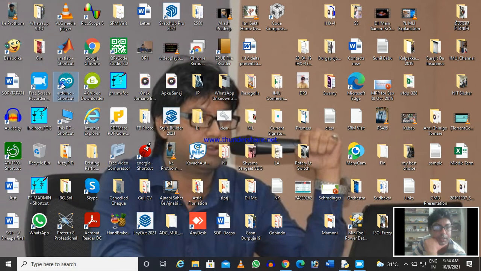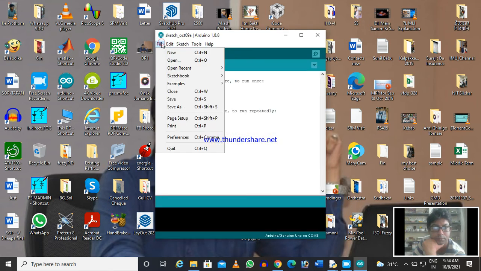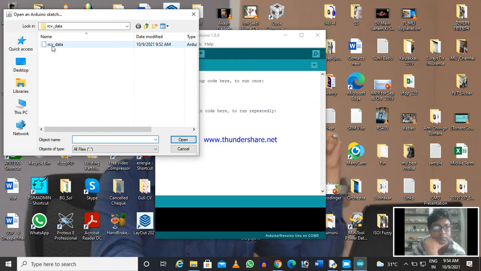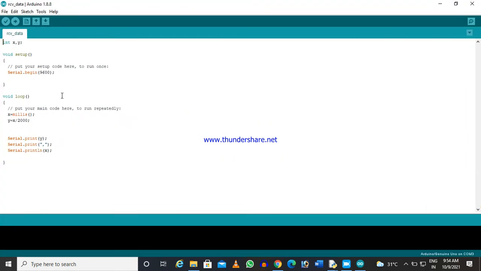So here I am using Arduino. Let us see the code. It's a very simple code. This will give you the millisecond, and Y will be that millisecond divided by 2000.